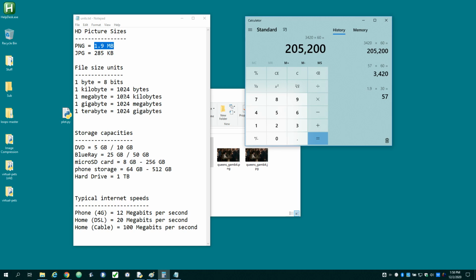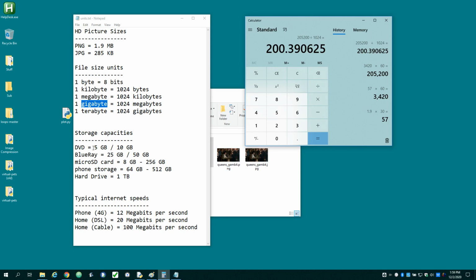So if I am in megabytes and I want to convert to the next unit up, which is gigabytes, there are 1,024 megabytes in a gigabyte. So I am just going to divide by 1,024. And what I found out is that I need about 200 gigabytes to do just an hour of consecutive PNG